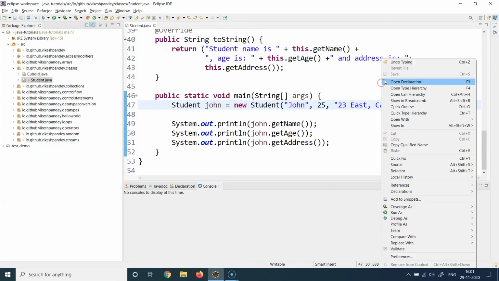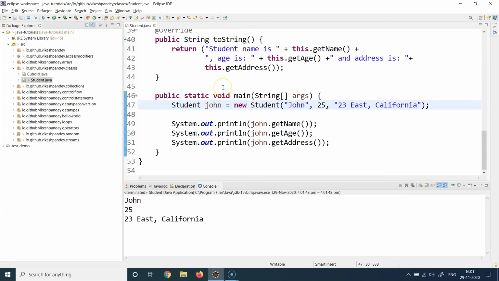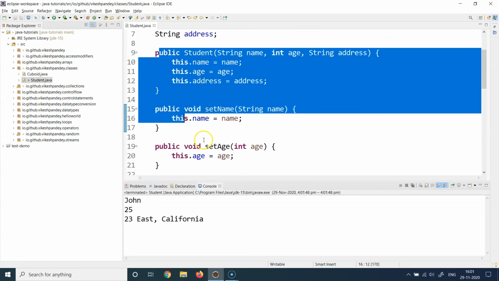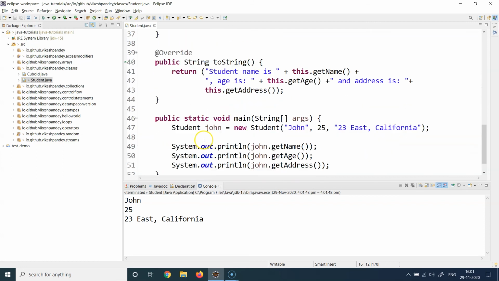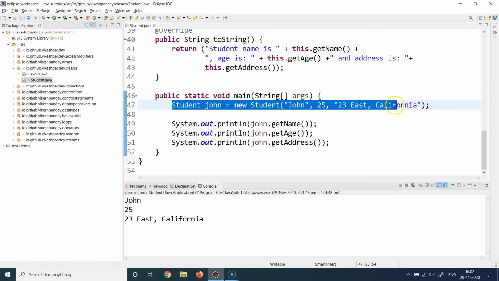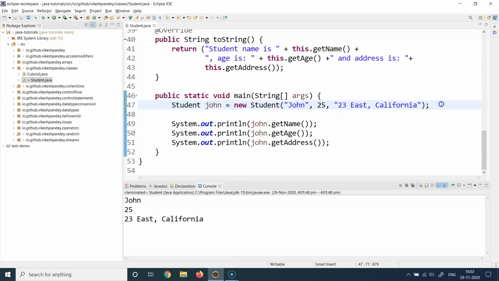So now let's run this class basically. Okay, so when I ran this class, the whole class got compiled, the constructor, the getters and the setters and the properties and their types, everything was set. Then the main got called and I created a new object from this class's blueprint. The object name was John. Then I called john.getName to print the name which is stored inside this particular instance of the student class. Similarly, the age which is stored in this particular instance.